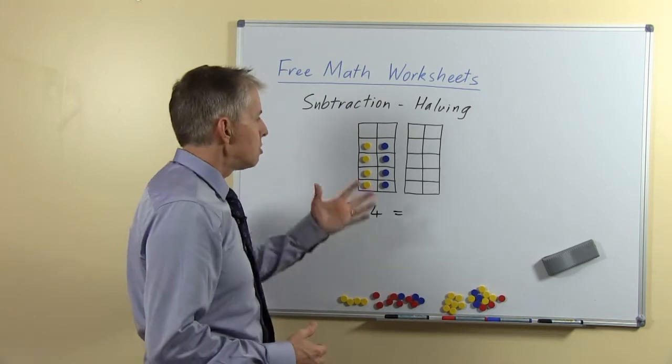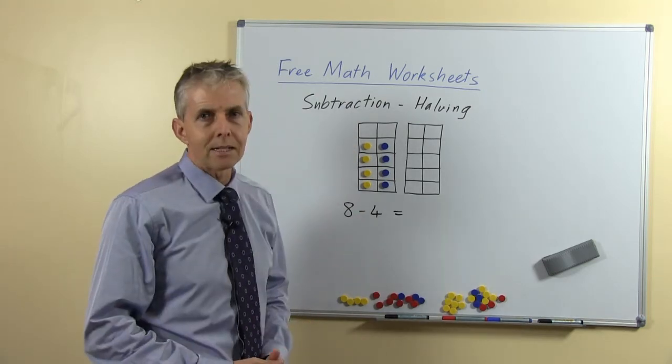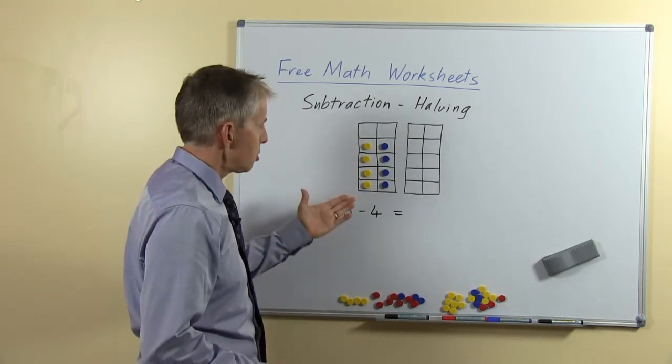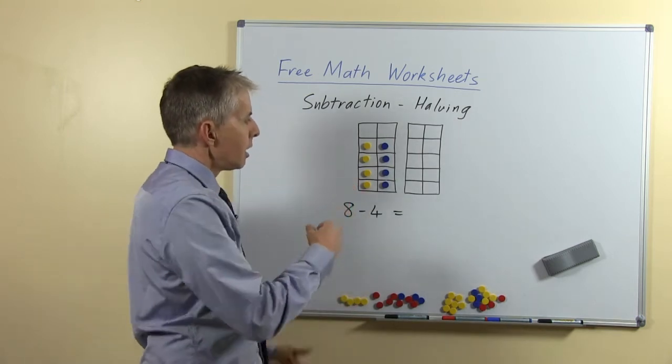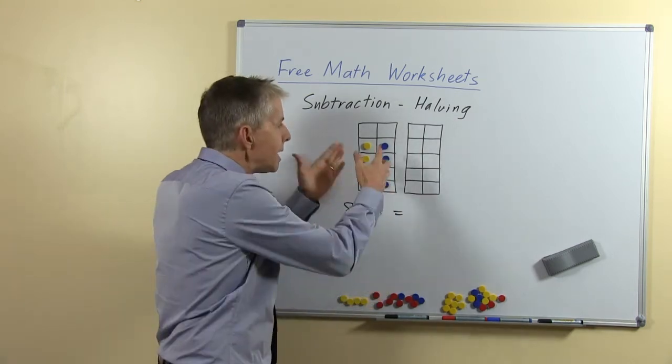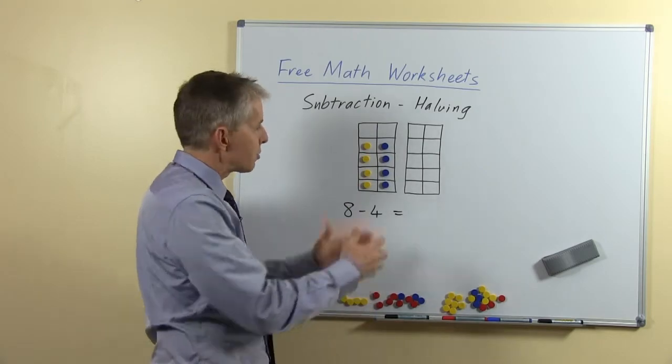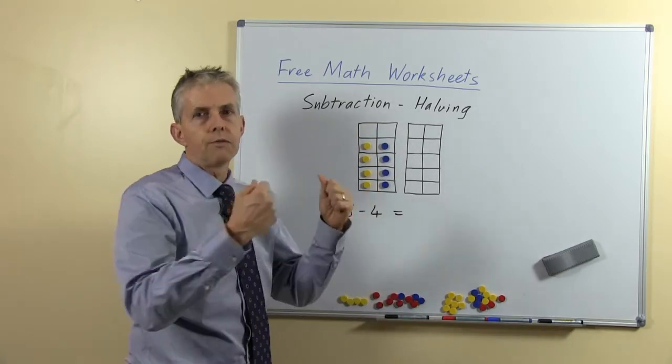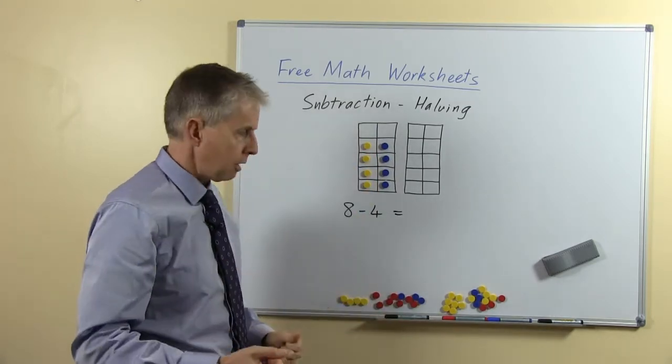Once again, the students will learn to recognize the patterns of the numbers, and I think by using two colors it helps to inform them that 8, which they'll recognise, can be seen as 4 and 4, or double 4, and so if you take 4 away you'll have 4 left.